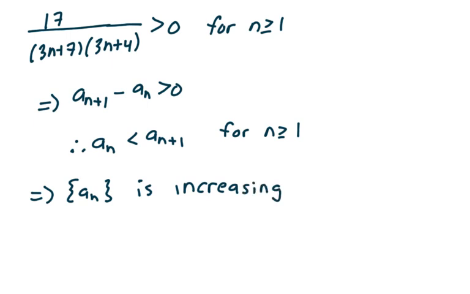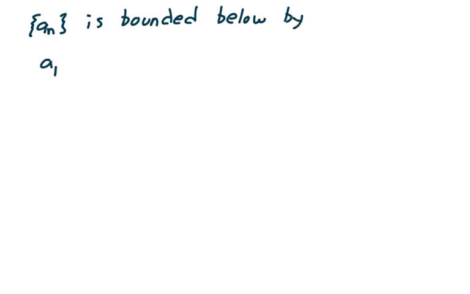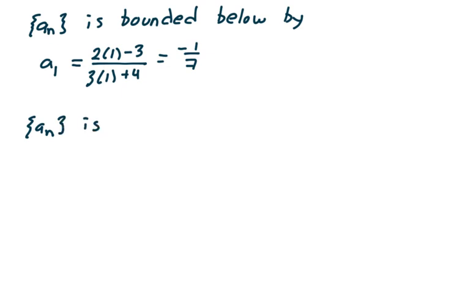Now, this is not on your review, but it's worth noting. This sequence, a sub n, is bounded below by a sub 1, which is 2 times 1 minus 3 divided by 3 times 1 plus 4, which is equal to negative 1/7. A sub n is bounded above by,